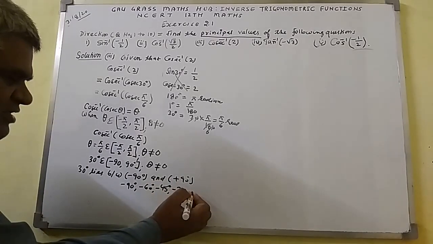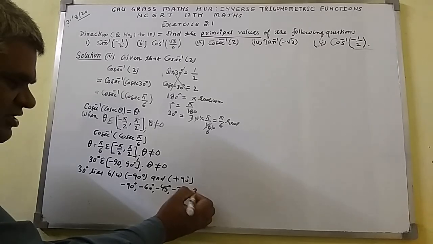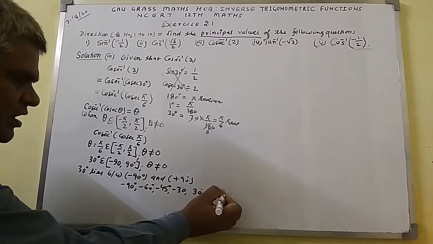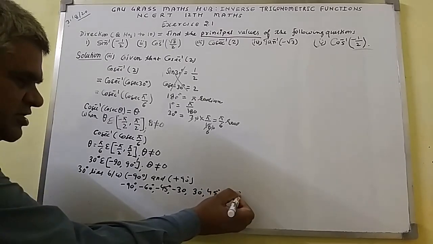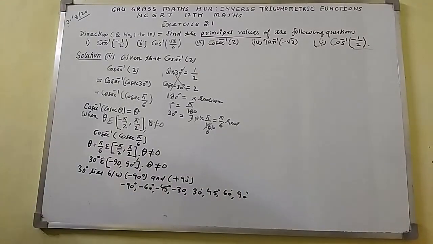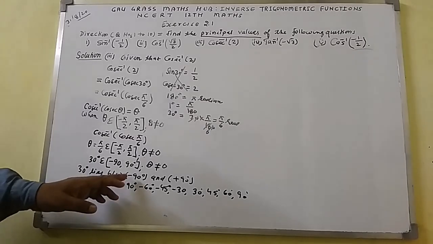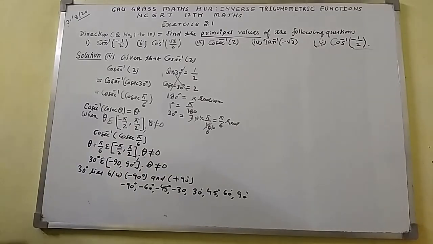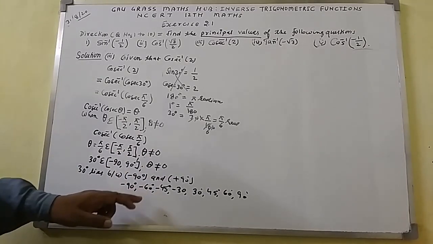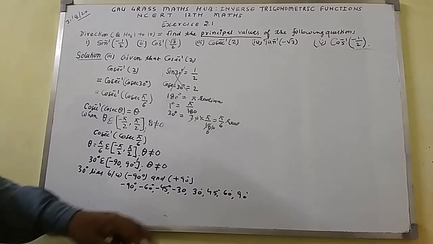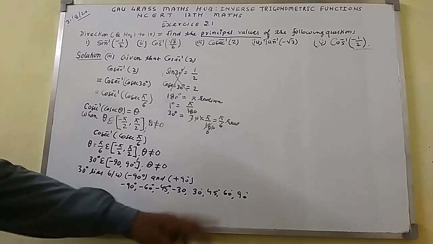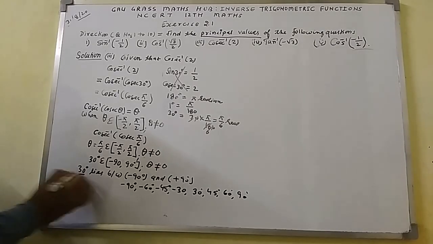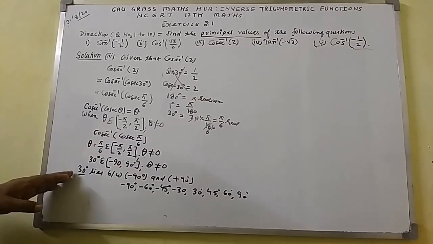After that 30 degree will be there, 45 degree, 60 degree, and 90 degree. This is the expansion of minus 90 degree to plus 90 degree. So you can see here 30 degree is lying